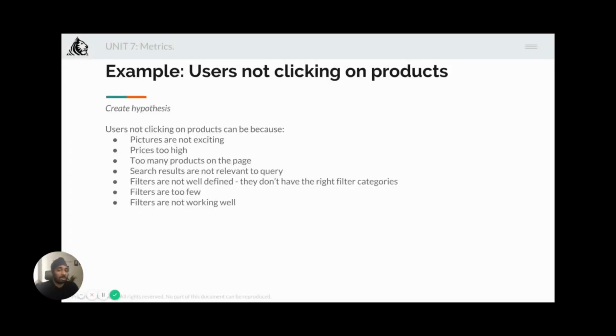So too many products on the page, the third problem. This should not drop the conversion by 10%. This will typically cause people to drop out after clicking on a few products, right? People get confused. When you see a lot of products, you'll typically be initially excited that there are so many options to choose from and let me just find out, right? And after some time, you realize that this is causing me a lot of confusion. Let me come back to this later, right? So people will drop out. That's the behavior that people will typically demonstrate, right?